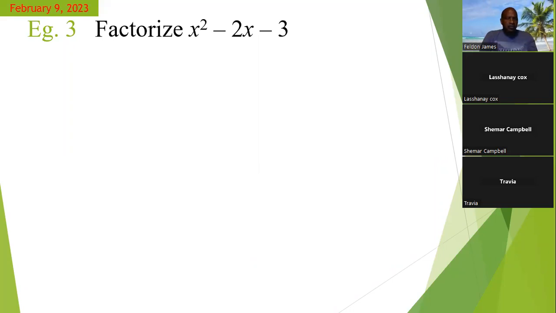So if you can find two factors, when you multiply them, you get -3. When you add them, you get -2. What